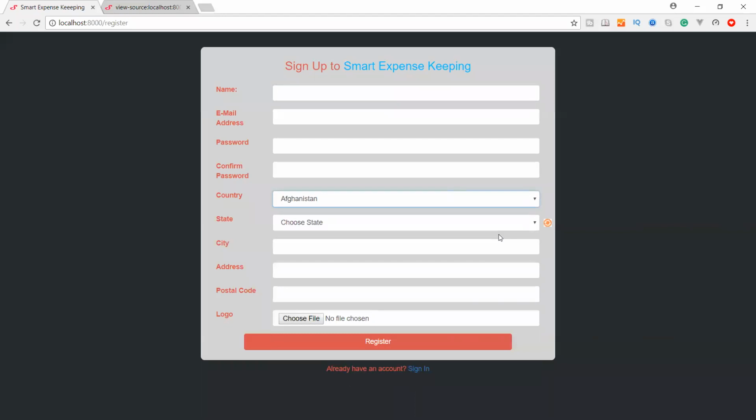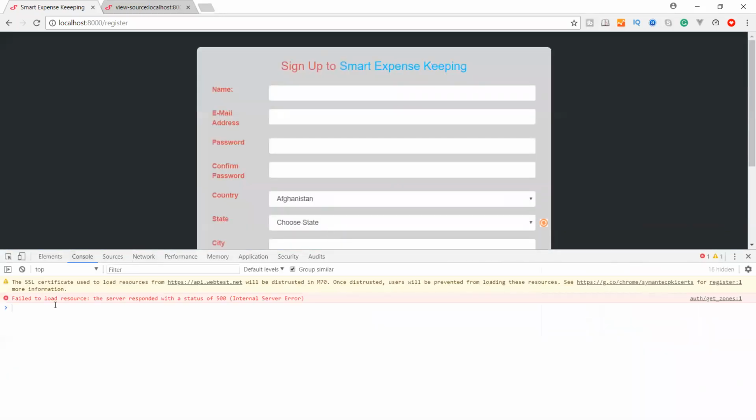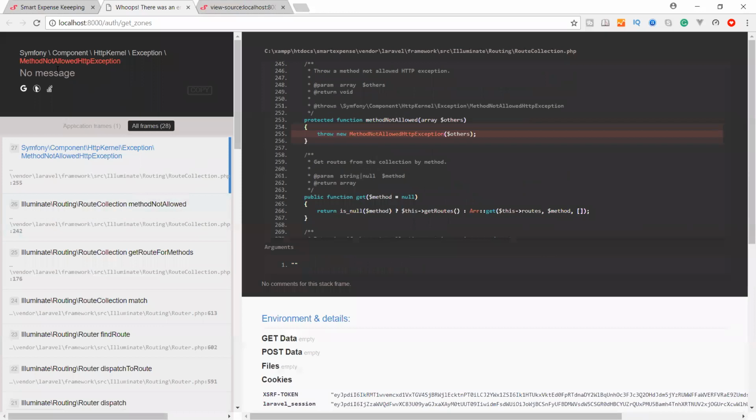Select the country. Failed to load resources. Let me show you the method not allowed.